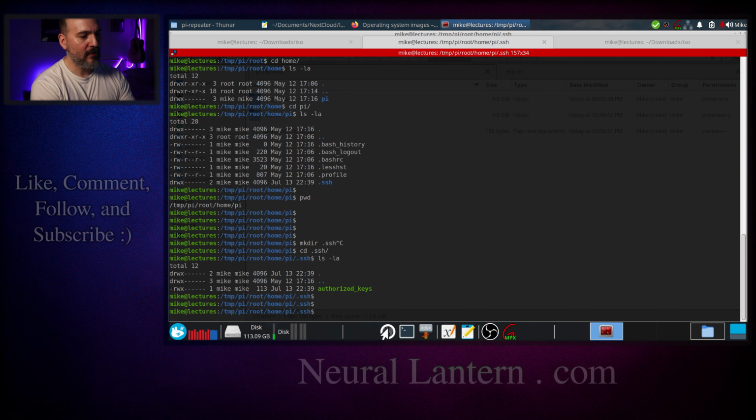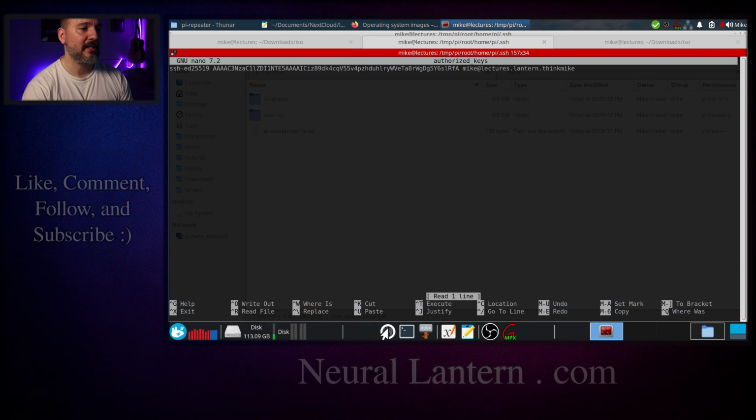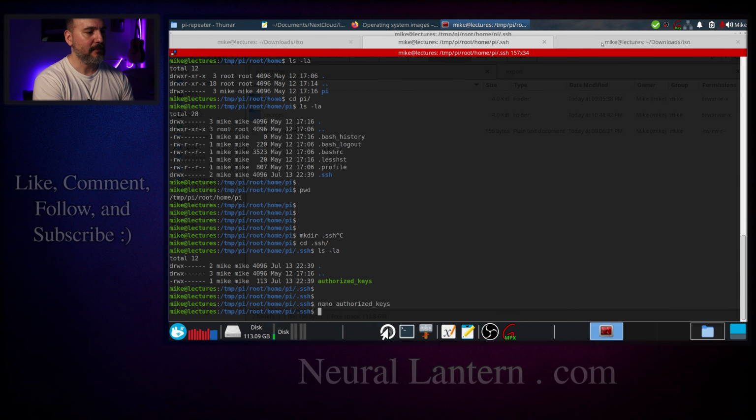So I did nano authorized keys like that, and then I edited it, and I just put the public key of the machine that I'm currently on right now. This is just a virtual machine, so I guess it's fine if I share. But